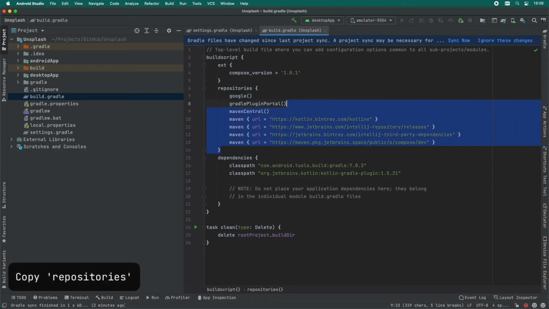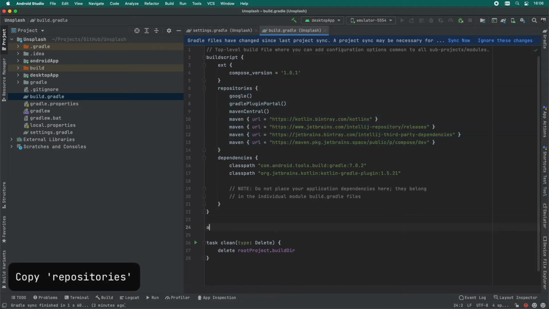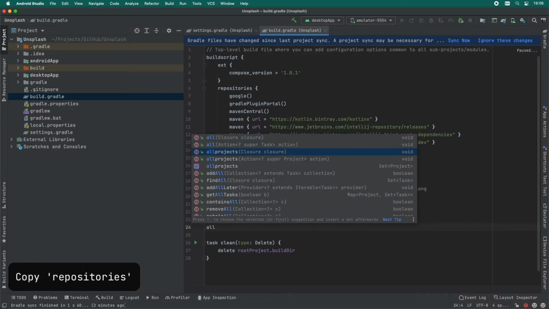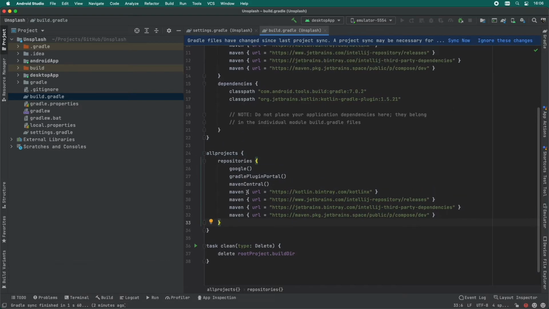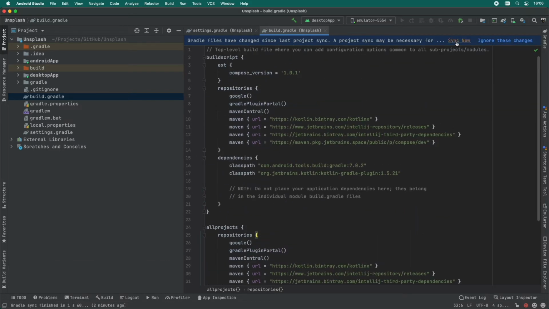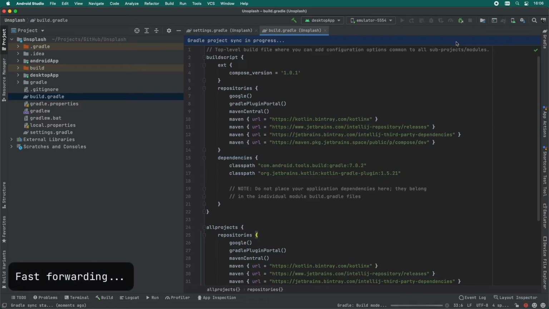Once done, just copy these repositories that you've just added, and let's add a new section called allprojects. We want these repositories to be easily accessible from all projects of Unsplash. The project will now synchronize, and of course we're going to take advantage of being editing this video, and I'm going to fast forward throughout the building process.